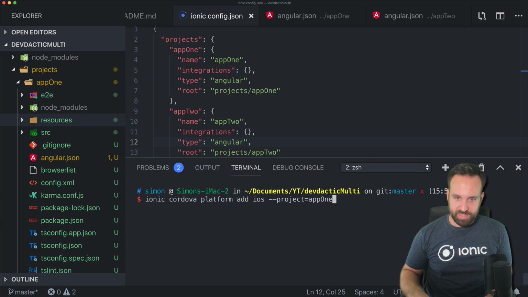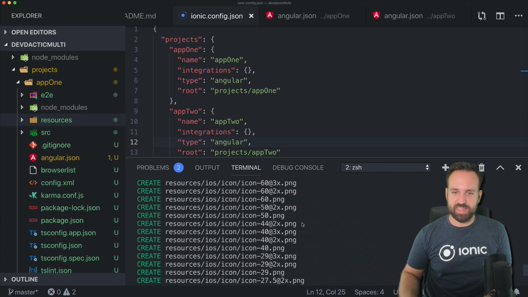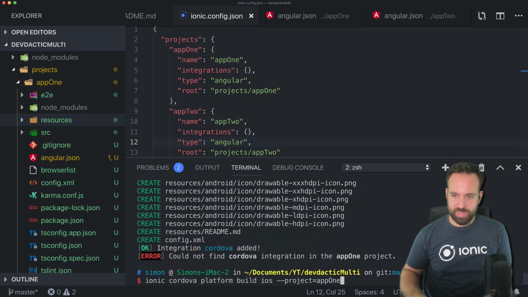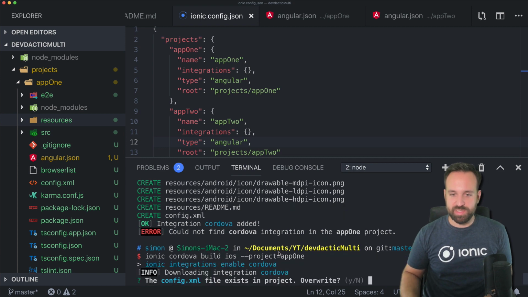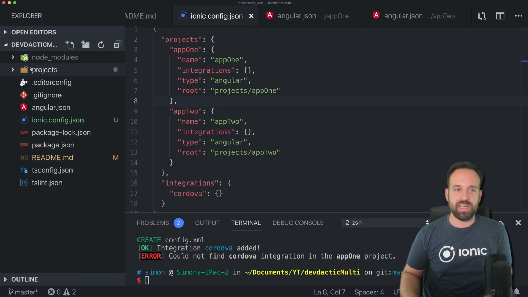The problem is if you want to go ahead now and run ionic cordova platform build, or is it just build? I think it's just build. So whatever you tell, it will always go back and fail with the same error. Actually, platform is not needed in this command, right? So ionic cordova build ios, whatever. It never works. But if you take a look at the ionic.config.json at the top level,